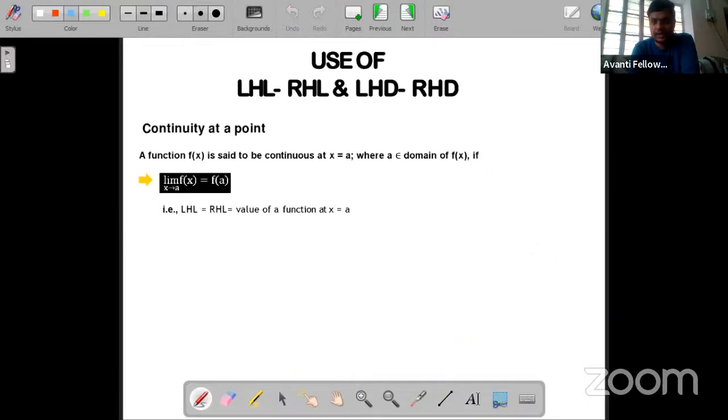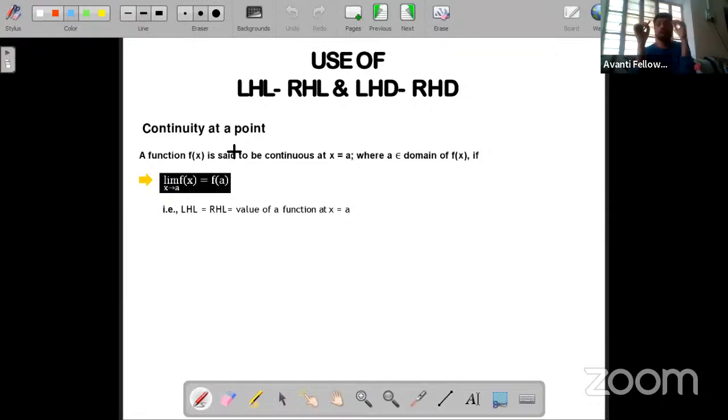Okay, so next part is use of LHD and RHD. Here we know the basic definition of continuous function. If we have to check whether a function is continuous or not at any particular point, what we do at